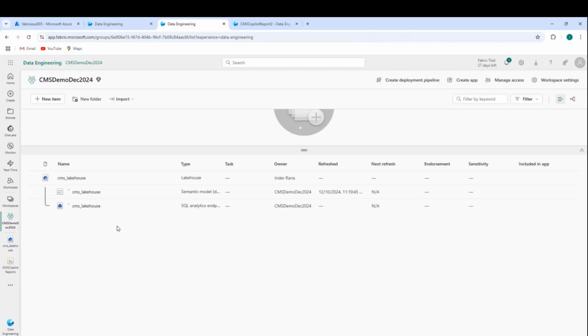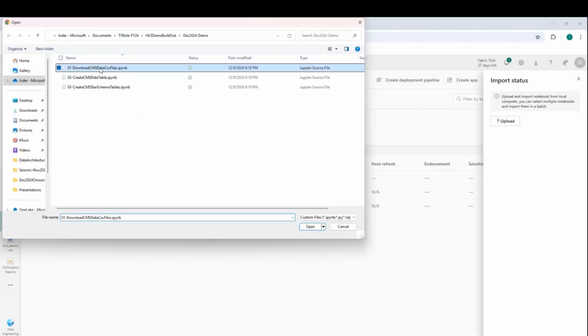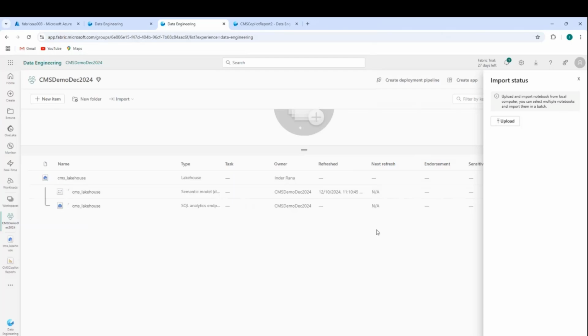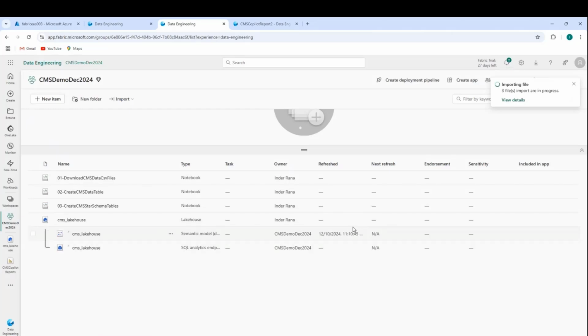And what you can do is you go here. I go to the home page on my workspace. I'm in the data engineering persona. So it's import. I click new notebook from this computer. At this point, I will go and pick up all these three notebooks. It's pretty quick to import these. I'll one by one open these notebooks, and there's a minor update I need to do to be on